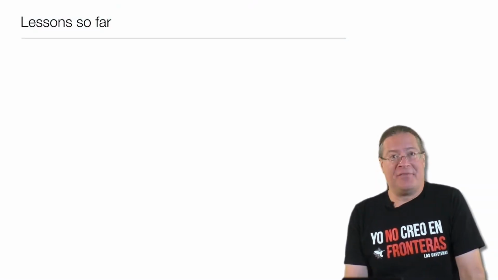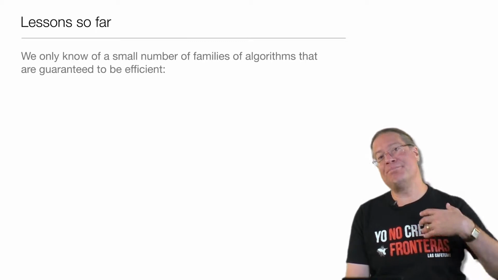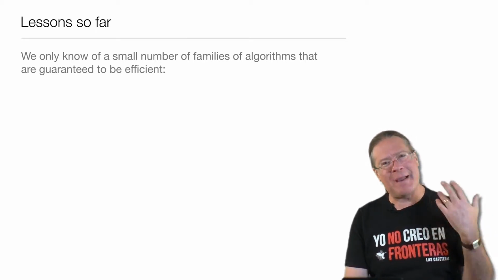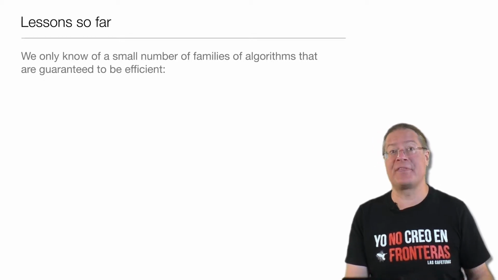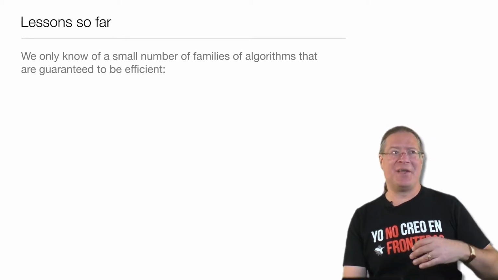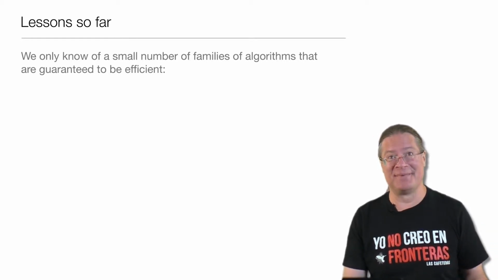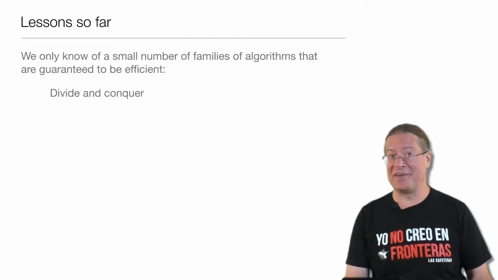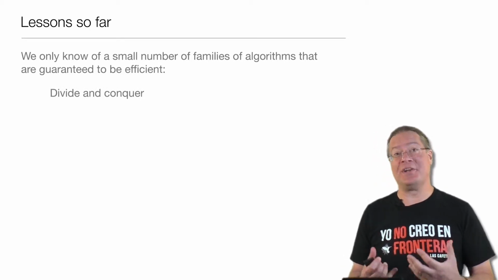Let's recap what we've seen so far. We've seen in this course several strategies or families of algorithms that let us solve problems in polynomial time without exhaustive search. The interesting thing is that you've already seen in this course most of the strategies that we know about. So for instance, divide and conquer works, roughly speaking, when a problem can be broken into parts that can